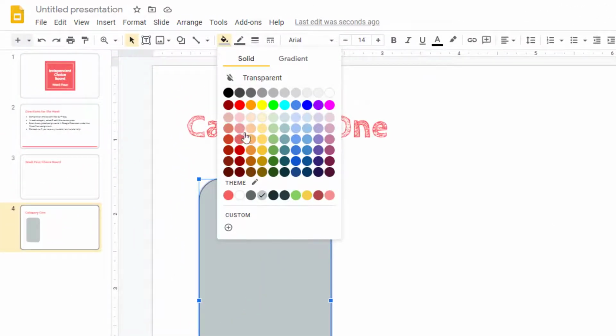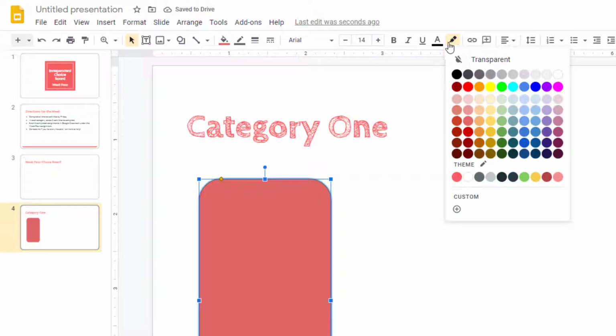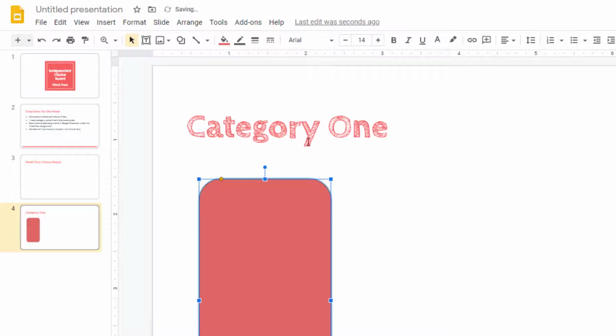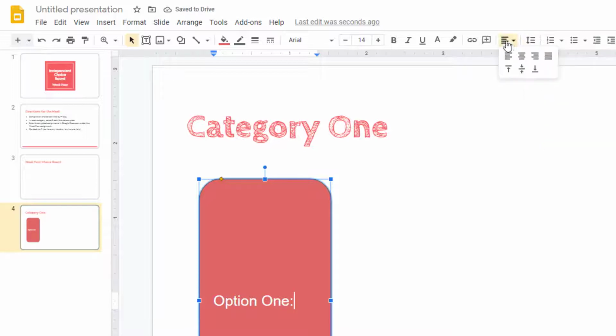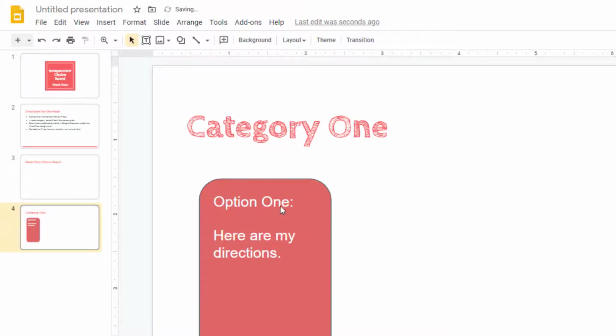So I'm going to choose a color that semi-matches here and make sure that my text is going to show up. And I'm going to put the directions for the activity here. I'm also going to make sure that mine is aligned the way I want it to be. So I'm going to put, here are my directions. Now, if this were a real sample, obviously I would put more information in there, but I'm going to go